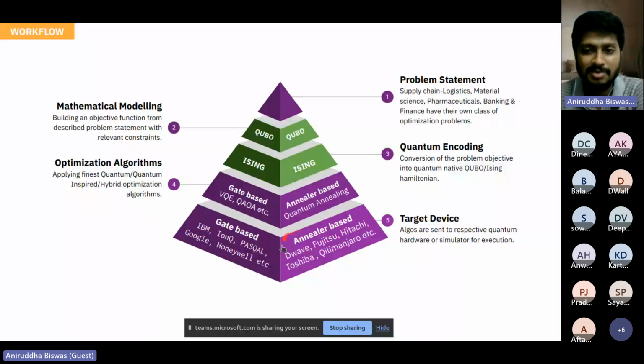You can see that I have mentioned those over there. You can also find a couple of algorithms, okay? Quantum-inspired algorithms are also there. I think Microsoft has a really good collection of those. And some gate-based algorithms are also there, like variational quantum eigensolver and quantum approximate optimization algorithm. And these algorithms can run on devices like IBM quantum computer, IonQ, Pasqal, Honeywell quantum computer, right?